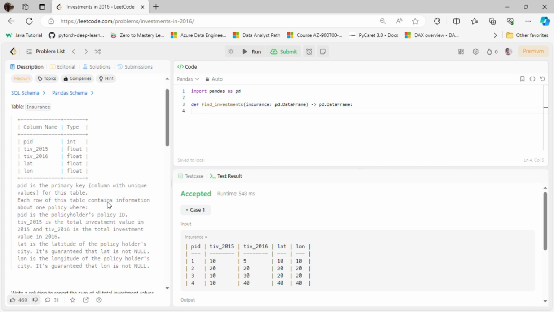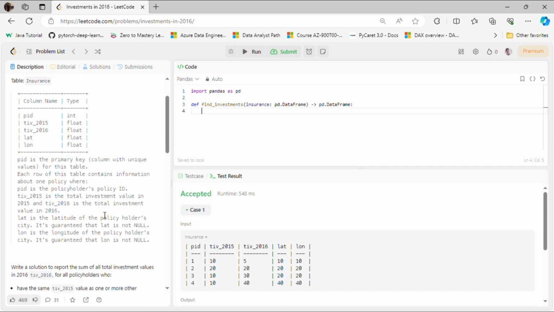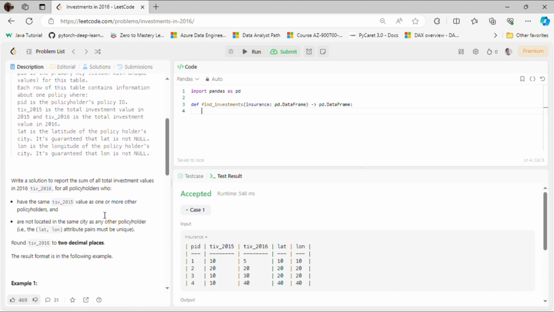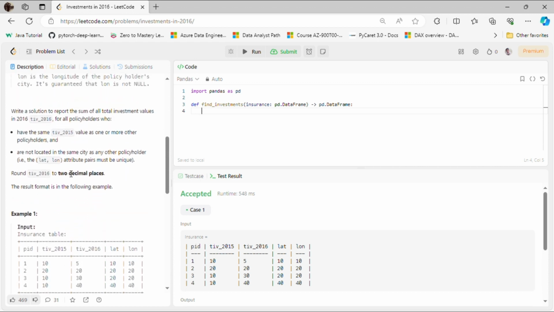Today's problem is related to some investment, and it has a strange requirement actually. You can see it in the sample input. It says you have to write a solution for the total investment values for TIV 2016, meaning for this column, you have to find the total value